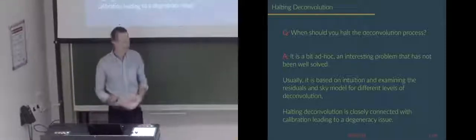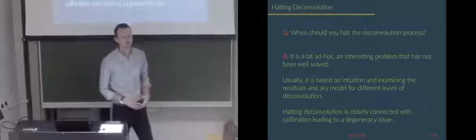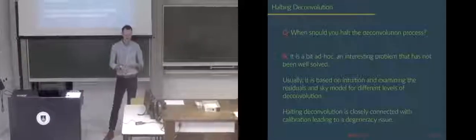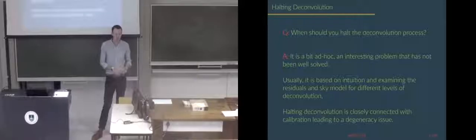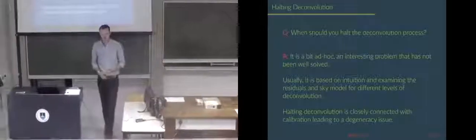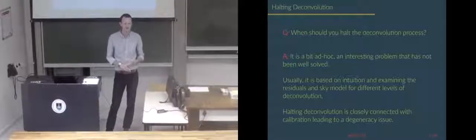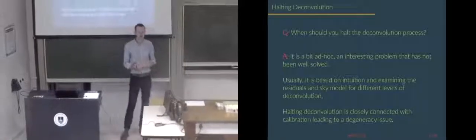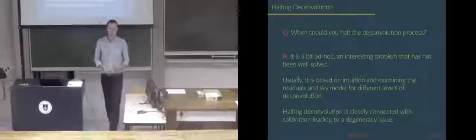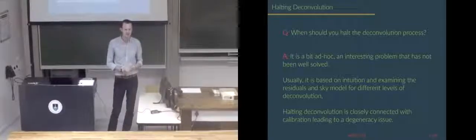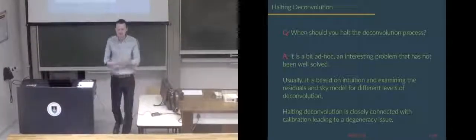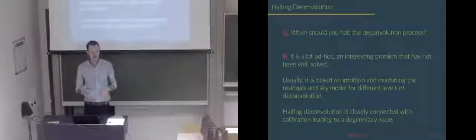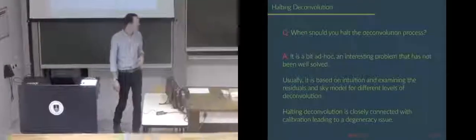And what makes it good is really looking at the sky model. There's kind of 2 points you'll look at. You'll want to look at the sky model to see how it looks, see if it looks like there's noise showing up, if you've over-deconvolved. And then you'll want to look at the residuals. The residuals will show you if there's still obviously sources there. Another thing it will show you is maybe there's some artifacts showing up because of calibration or because of how you're doing deconvolution. And maybe you just need to stop. Maybe even if the sky model looks good, if the residuals look bad, then you need to go back and start somewhere else.